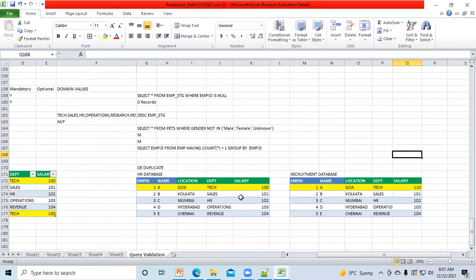Now, same information: employee ID, name, location, department, salary. All things are almost the same, but one is present in the HR database and another one is present in the recruitment database. Now tell me, are they duplicate or not? Yeah, it is not duplicate. This is not duplicate. This is an example of